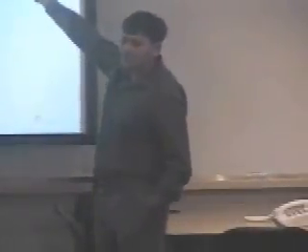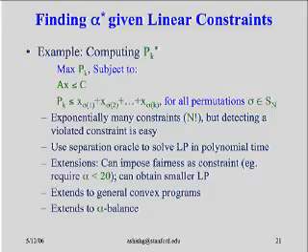So theorem 3 says that given arbitrary linear constraints, we can find in polynomial time the smallest alpha such that an alpha majorized solution exists, and we can also find the corresponding alpha majorized solution. And in fact, we can also do it for convex programs if the original convex program is tractable.